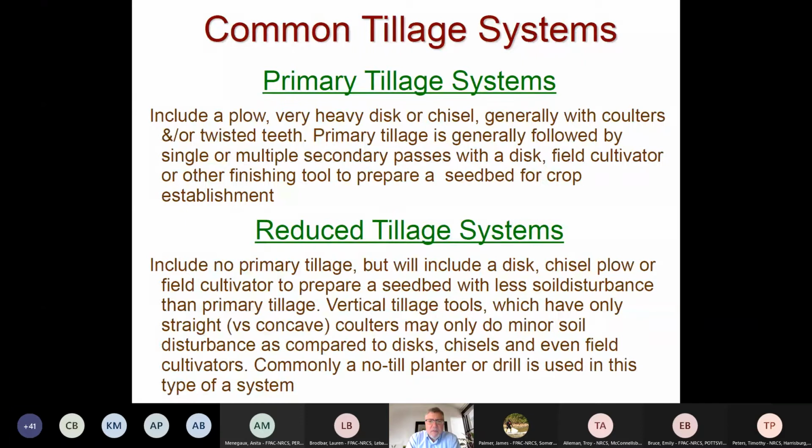Reduced tillage can be as simple as what they call vertical tillage tools, turbo tills and Salfords that only have straight coulter blades, as opposed to a concave blade of a disc. And they do soil disturbance, but they don't go as deep and they're not as aggressive and they don't flip the soil. And so it takes a better, stronger no-till planter or grain drill to plant into these reduced tillage